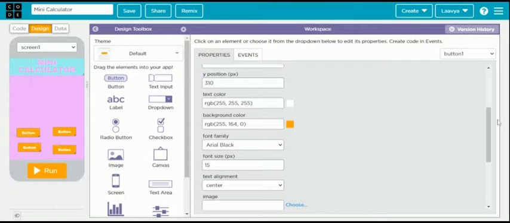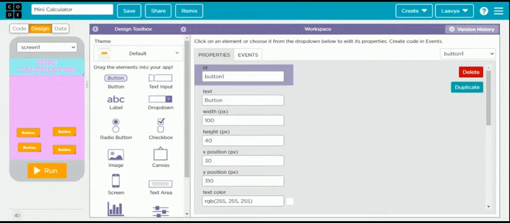You can place it in any way. I've just placed as I wanted it. You'll have to rename this because we'll require this in coding. Now you can add a text or an image, whichever you want. I prefer adding an image. And the shape also you can do as you want. I'll make it in the circle shape. So for that we need the width and height and the border radius same.